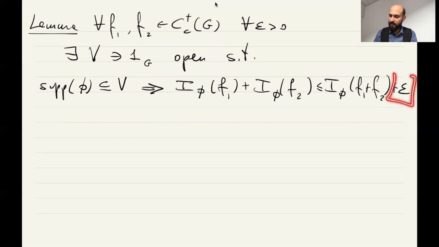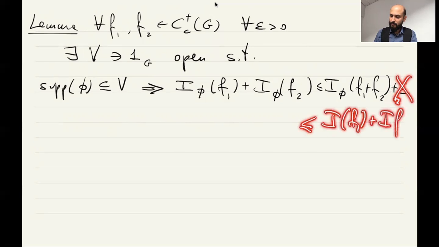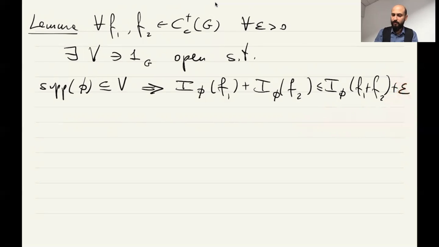So we have this extra epsilon. If we didn't have this epsilon, because we already also have the other inequality, then the other inequality would have linearity. Okay, so this is the lemma that we want to prove. Okay, so proof. Let's fix